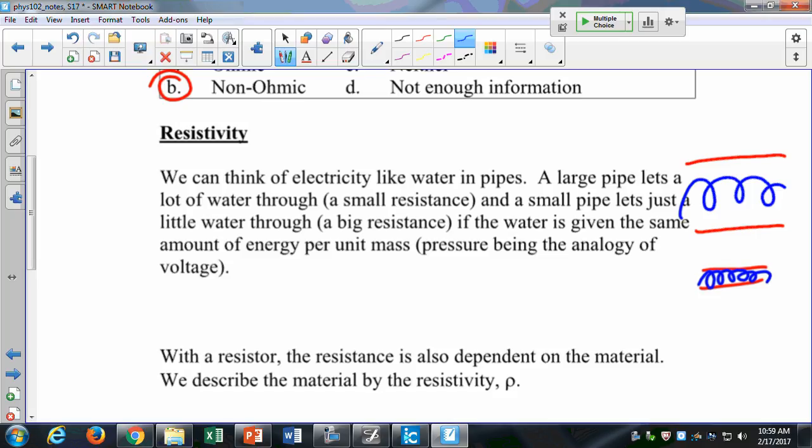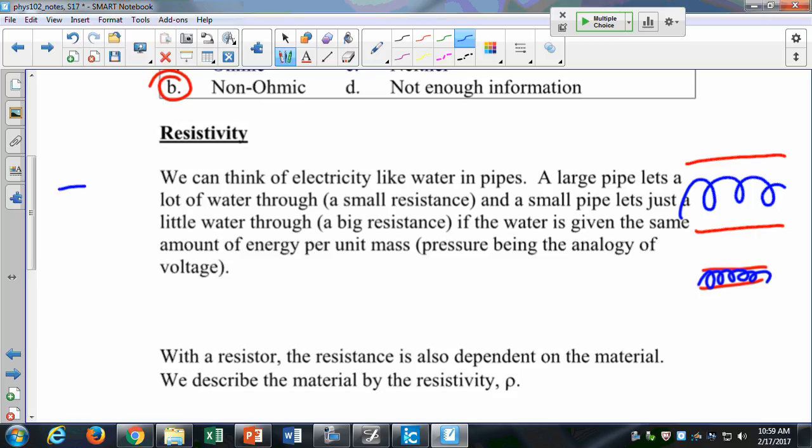We can think of resistors in a similar way. If I have a resistor that's really big, not a big resistance, but physically big, then it's going to be easy to push electricity through that. It's kind of like a big pipe. But if I have a really thin resistor that's just a small diameter, then it's going to be harder to push electricity through that pipe. In a similar way,